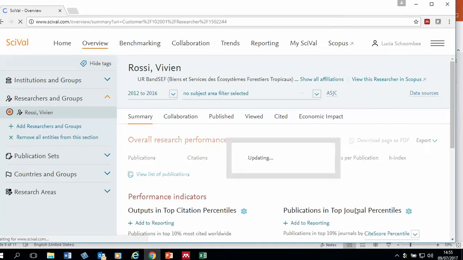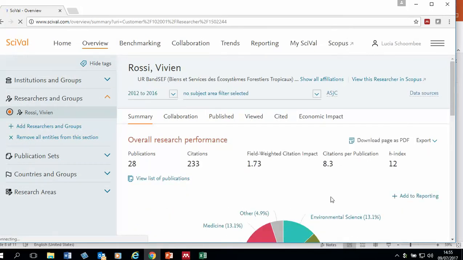Save and define another one, right? So here now you have the research profile of a specific researcher. All researchers can be identified by typing in the name of the researcher using the surname and the forename or the initials, and identifying